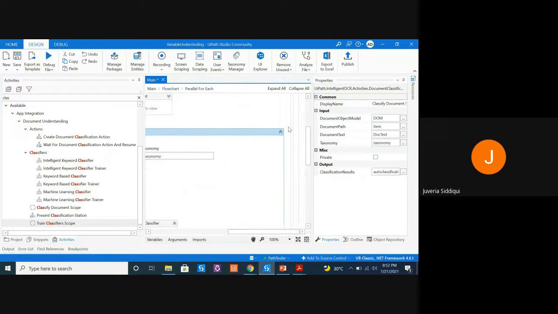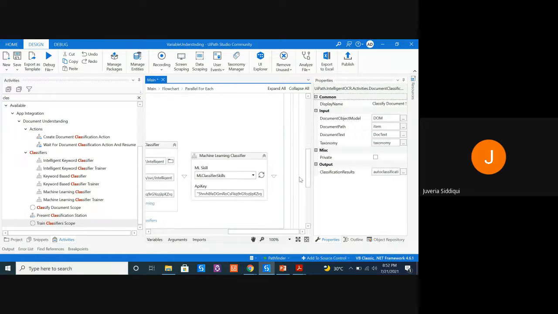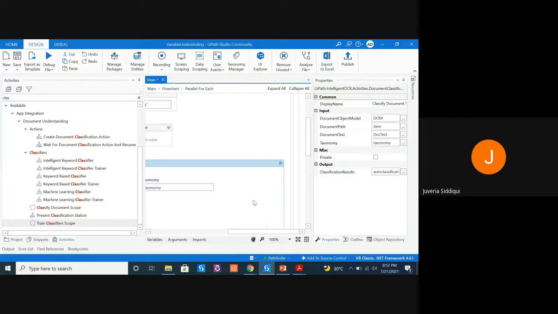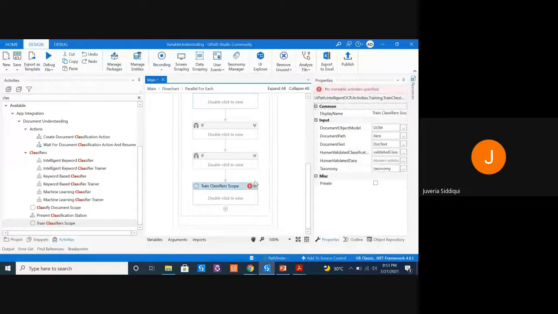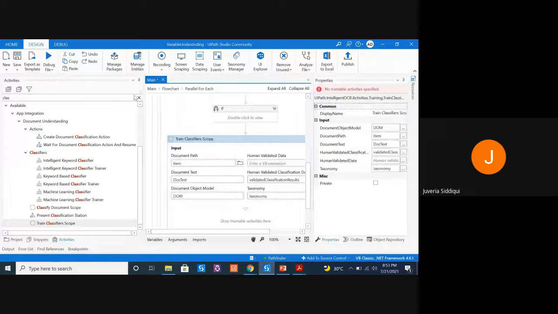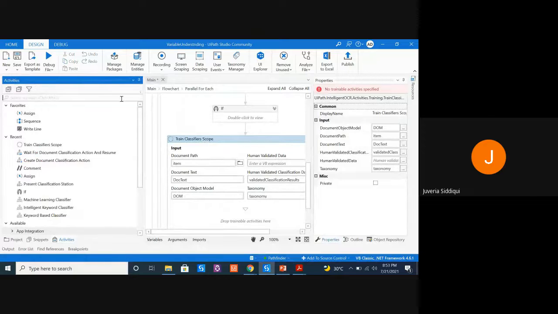So for my demo purposes today, I'm not going to train my machine learning classifier because this classifier is used in one of my current projects right now. So I can't touch that. What I'm going to do is teach you how to use it, but not actually train it. So let's start. Okay, again.